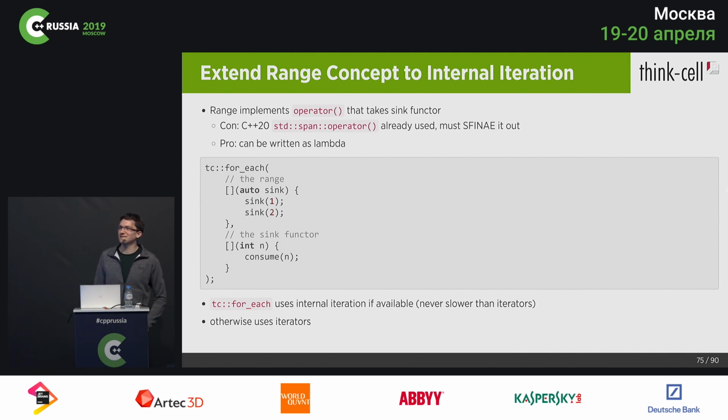use. So in this example, we have a range that basically just generates the elements 1 and 2. And then we can run for each with it, or we could also apply a filter and transform to this, and it would just syntactically look the same as if you are using a vector or some other classical range, and it just works. So if your range implements both, we will always use internal iteration, because the assumption is that it's very unlikely that there's anything where external iteration is going to be faster than internal iteration. And if it's not available, then it will just use